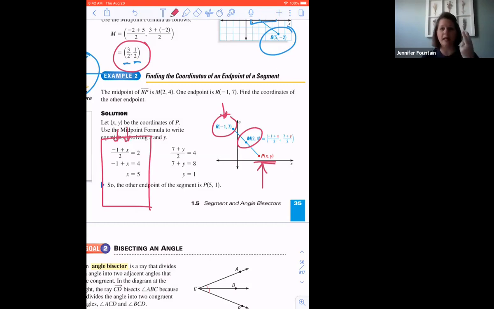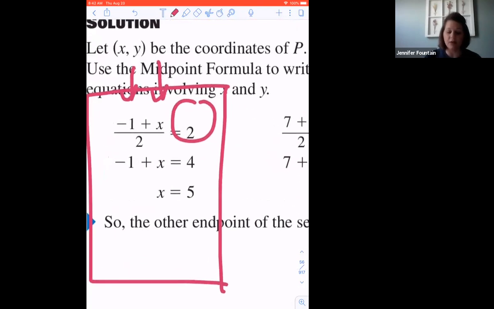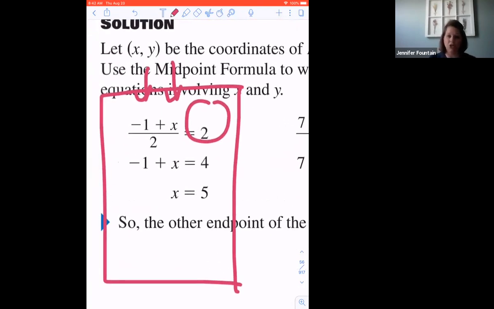Remember how we add the two points together, and then whatever my solution is, is my midpoint, so that's where I get my x value from my midpoint, and that's what I'm plugging in. Once I've done that, I've set up my equation: -1 plus x, divided by 2, equals 2. Now we've got to think about how to undo our operations to solve for x. Remember the best way to solve is to think about